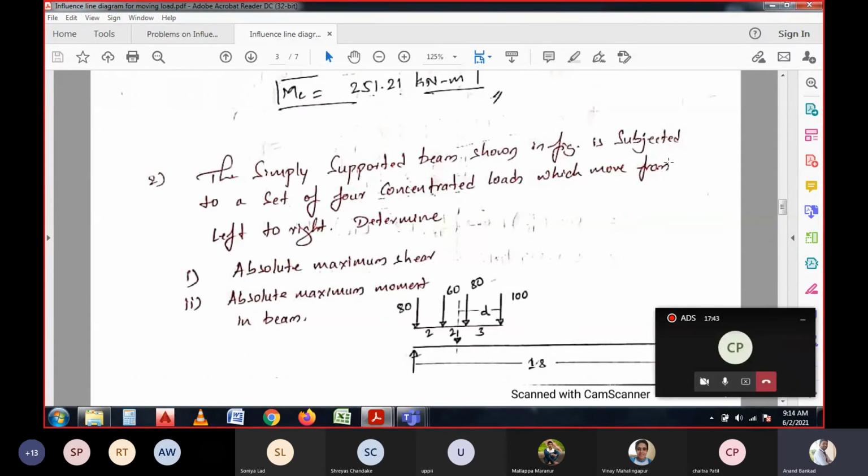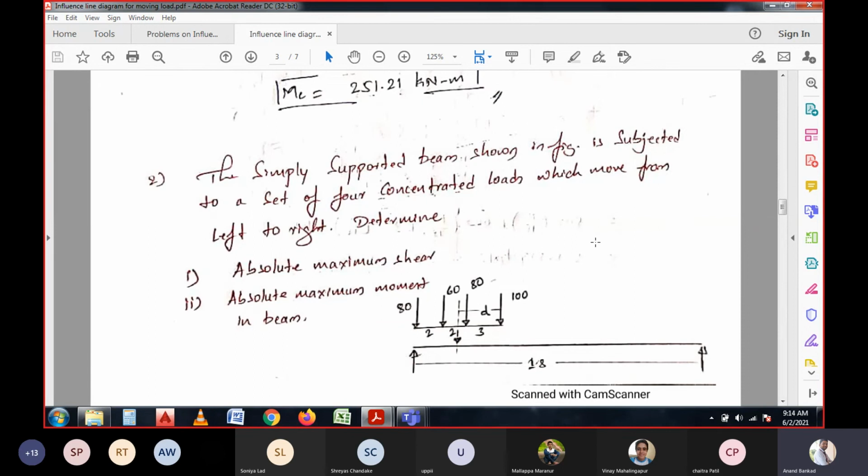Okay, so this is the second problem. In the previous class, we discussed the series of moving loads. For those loads, the shear force and bending moment were calculated for the given section. But in this question, what we are now taking for the calculations is a simply supported beam, as shown in